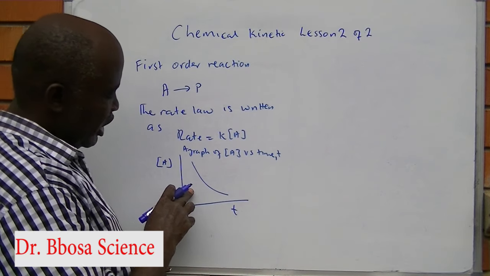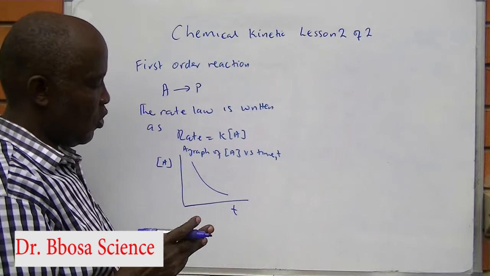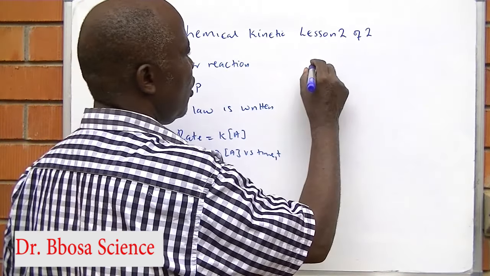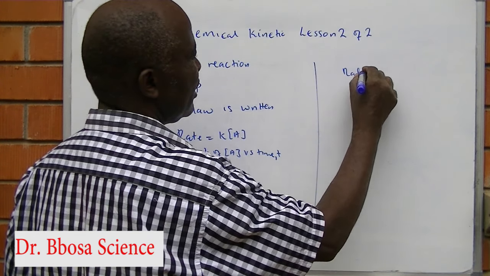When you get a graph of this shape, then we can tell that the reaction is a first order with respect to A. Or when you plot a graph of rate